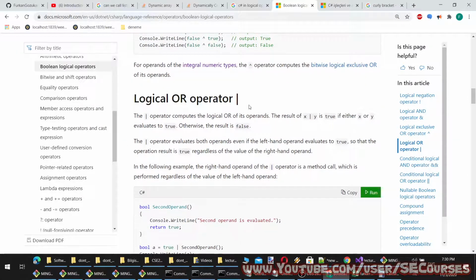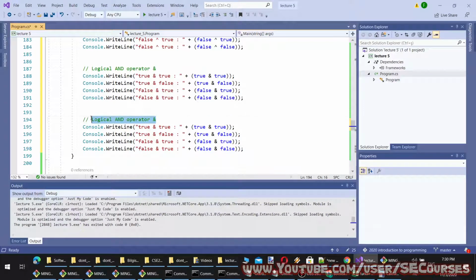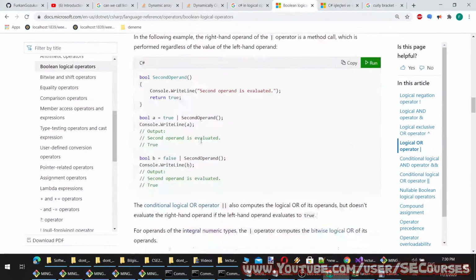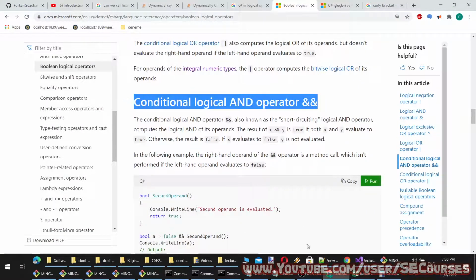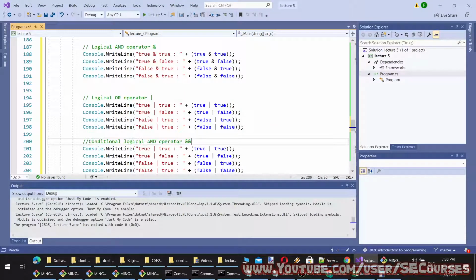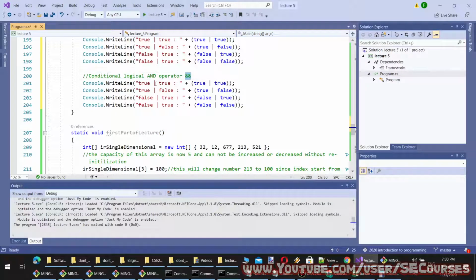Okay, there is this and there is logical OR. Okay, then conditional and. It is important to understand what each of them does. Okay.